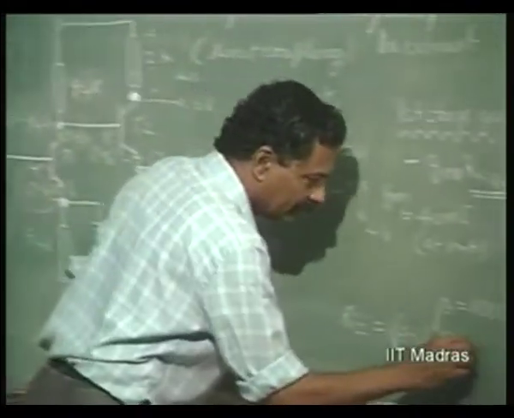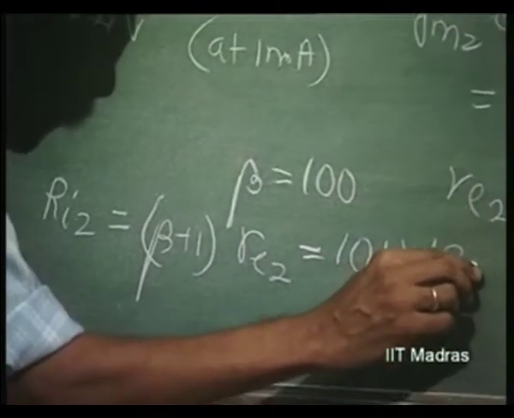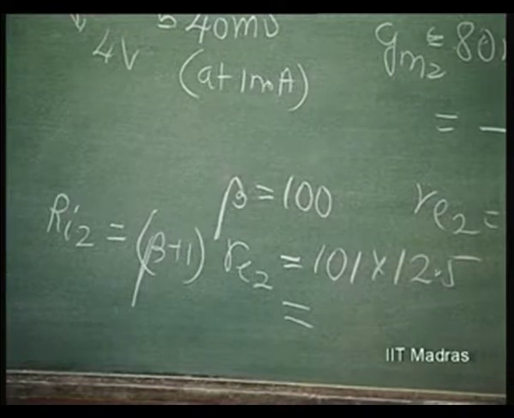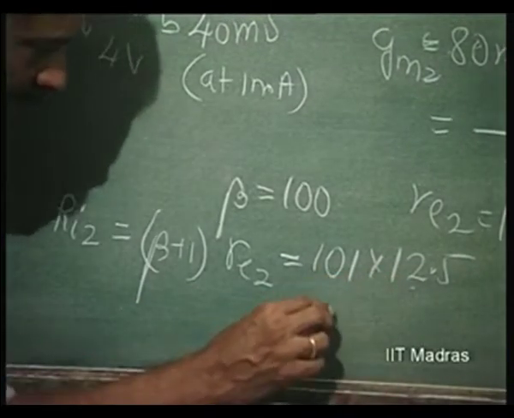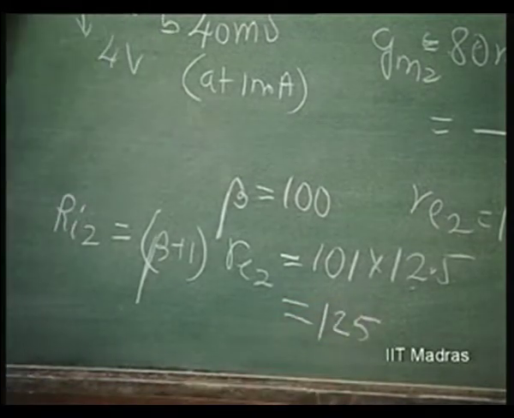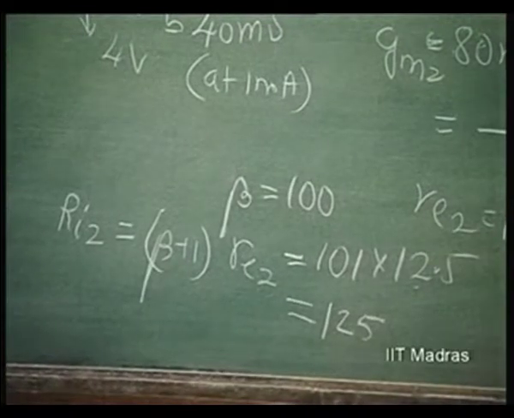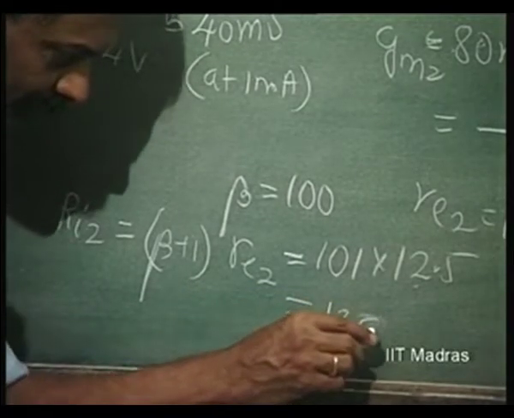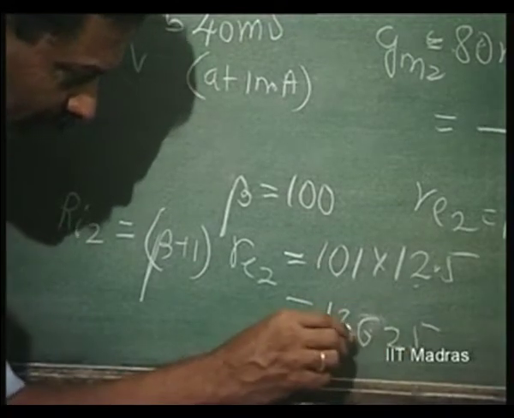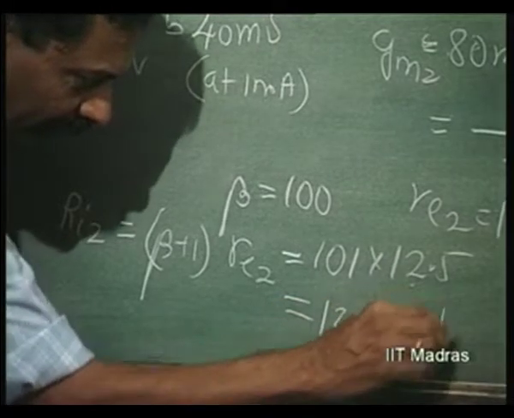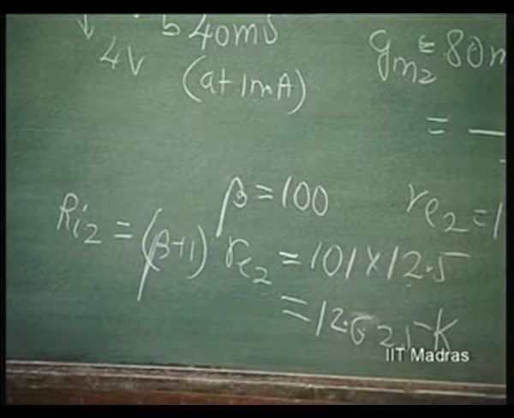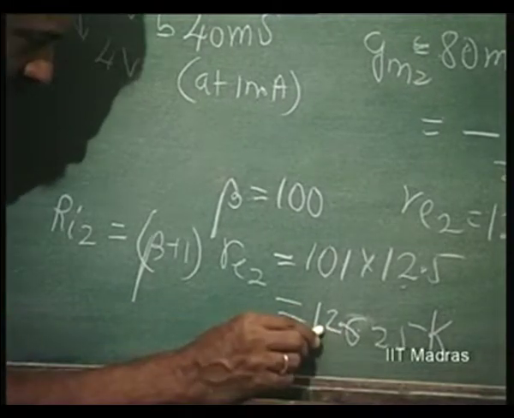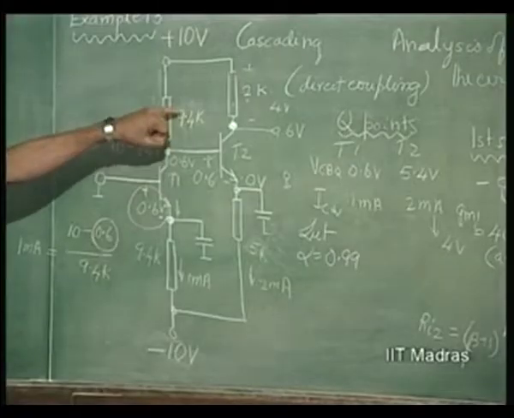So, this is equal to 101 into 12.5, which is 1262.5 ohms, that is 1.2625 K. Please see here that 9.4 K